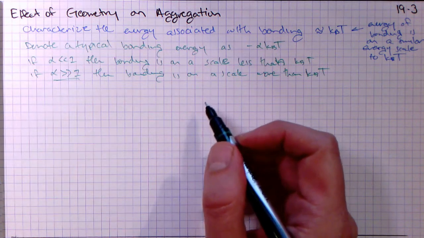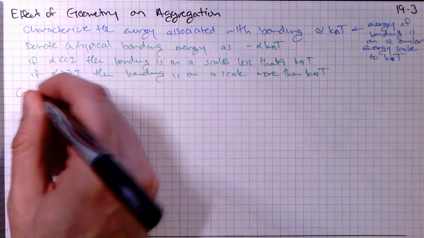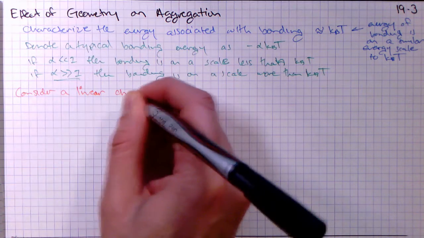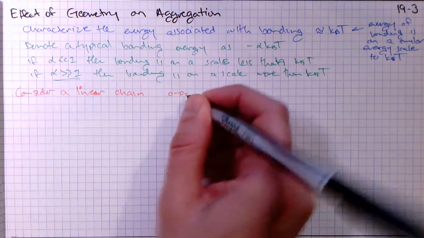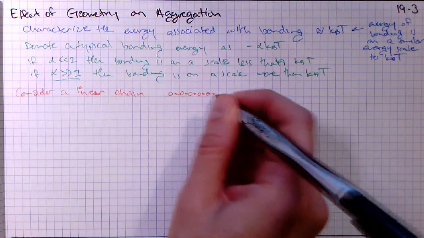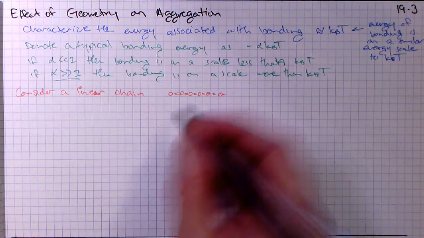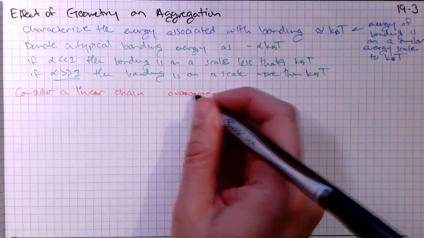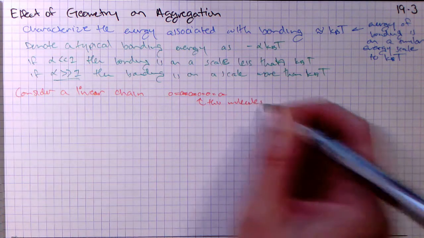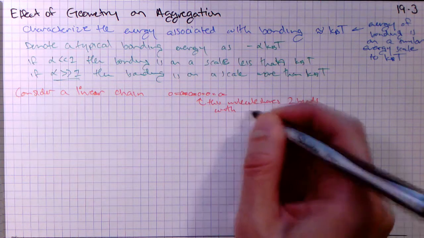Okay, so now let's think about different bonding geometries. So let's first consider the linear chain. Okay, so here we have a bunch of amphiphiles, and let's say they've all lined up into some kind of linear chain. So each molecule here has 2 bonds. So this molecule shares 2 bonds with neighbors,